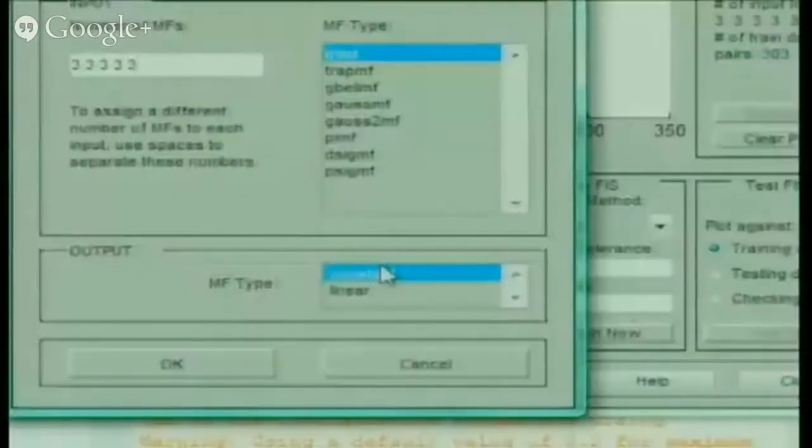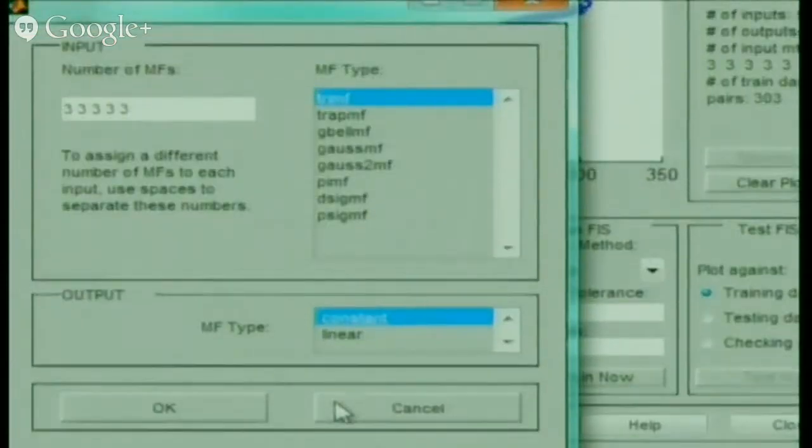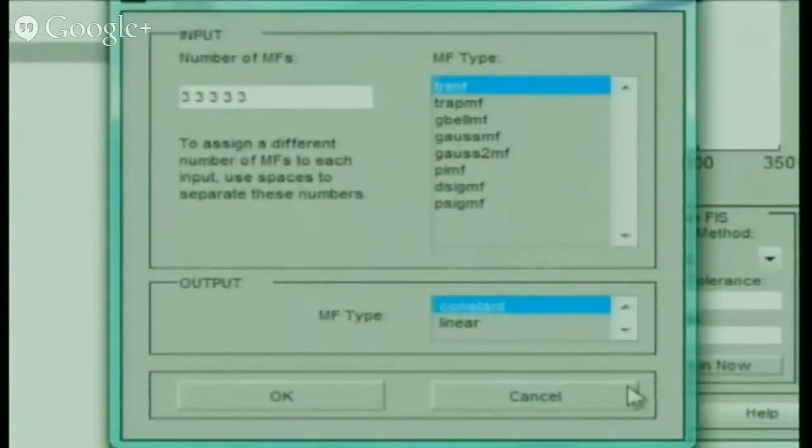So one window will open. Okay, this is the window which is opening. You can see this is your window. Here, since I have given how many inputs, I told you? 5 inputs. So you can see here 3 membership functions. For each input it is taking 3 membership functions. Oh, sorry, 3 linguistic variables. For each element, 3 linguistic variables.